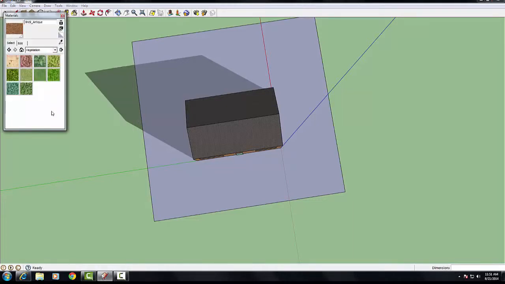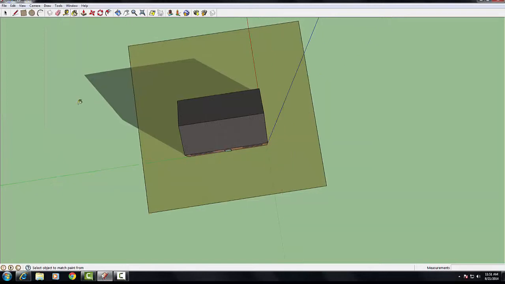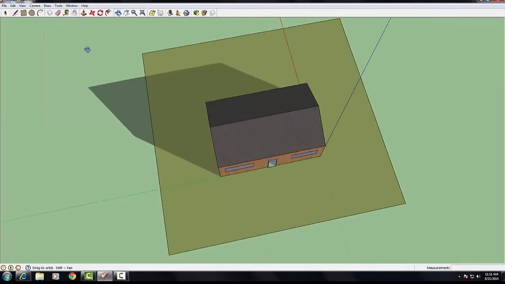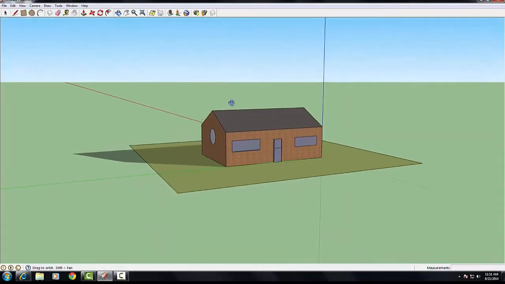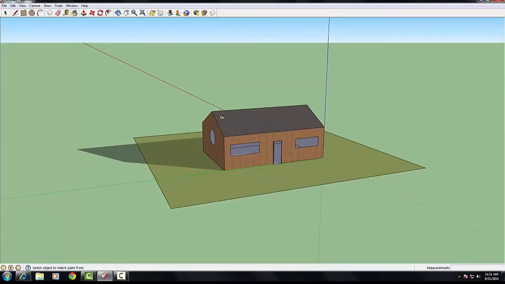It's going to be vegetation. Let's do some vegetation, grass. So we got a big grass now here. So we got a yard,